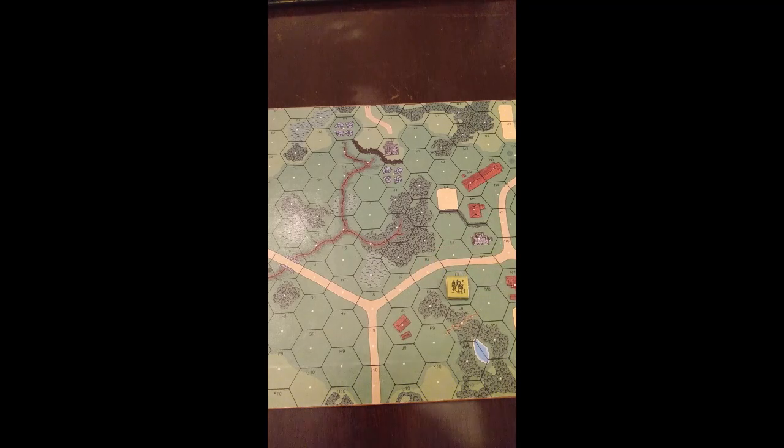And then if we want to go to M8, we'll continue on through open ground, 1 more movement factor to get us into M8. And then if we want to move into L8, this would be a woods hex, but you'll notice there's these thin brown lines that travel through here. That's called a path. When you're traveling along a path, even through the woods, rather than expending 2 movement factors, you can do that by only expending a single movement factor. Then from L8 to K9 is yet 1 more movement factor.